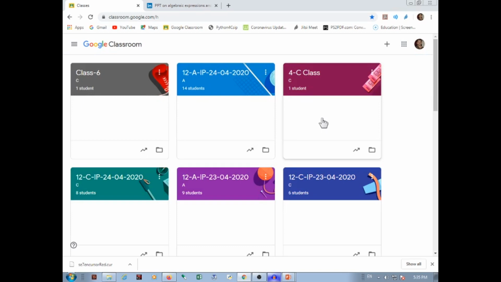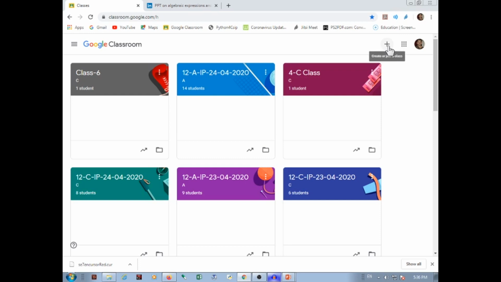When you are new and you want to create a class, how would you create the class? Here a plus sign is given. Click on this plus sign. As you take the cursor over this plus sign, it will show you the message create class or join class.